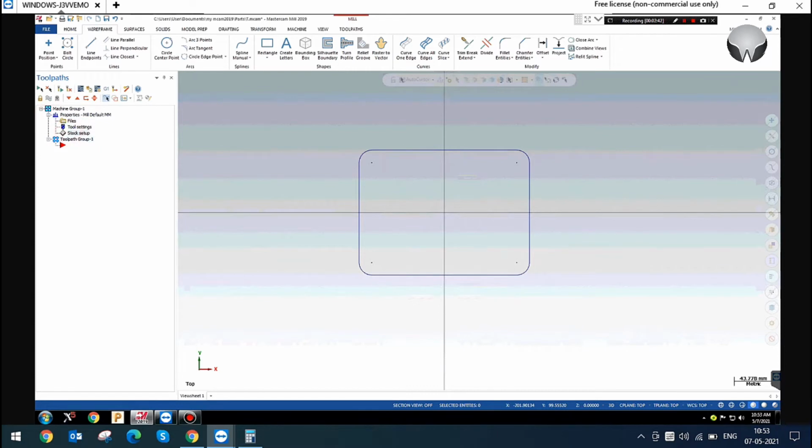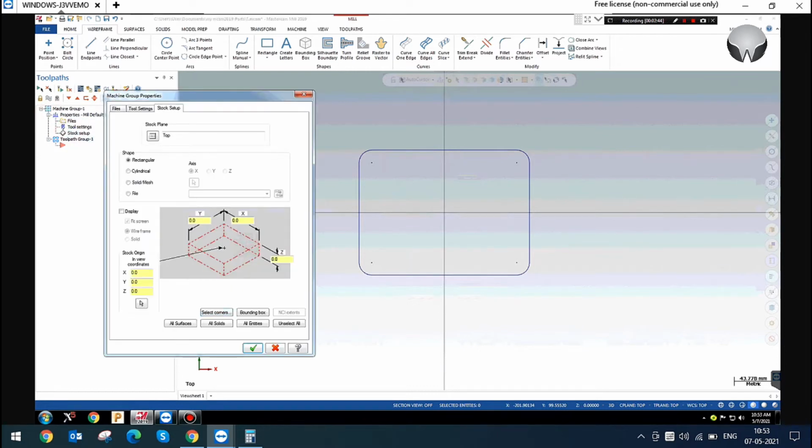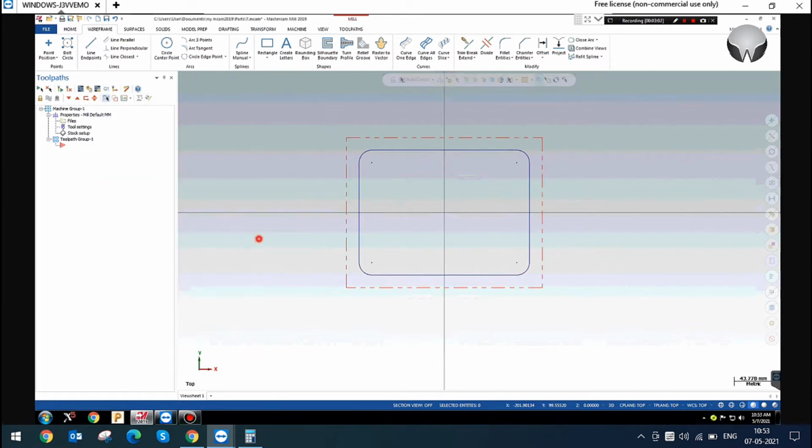So I'm going to define my raw material here. I'm also using all entities. This has been calculated, and my height is 25 mm, and my offset is plus 30. I'm not giving any height in higher.